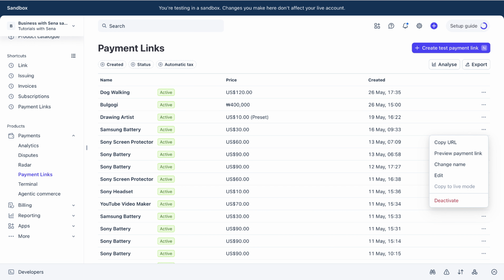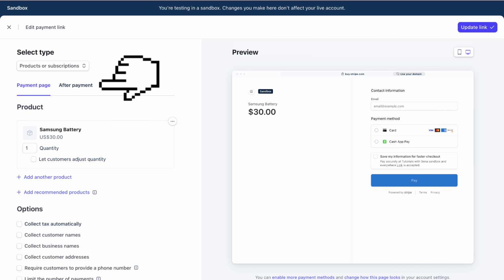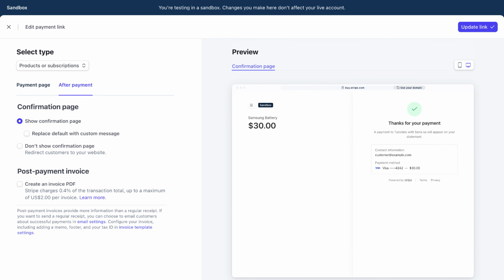First of all, if you don't have any payment link, you can absolutely create a new one by clicking on this create a payment link button. And if you do have any, just click on the three dots beside that specific payment link, then choose the edit option. Under the select type option, click on the after payment option over here, and under the confirmation page section,